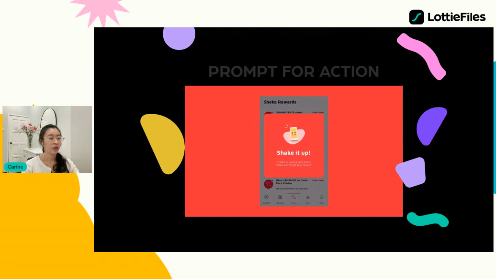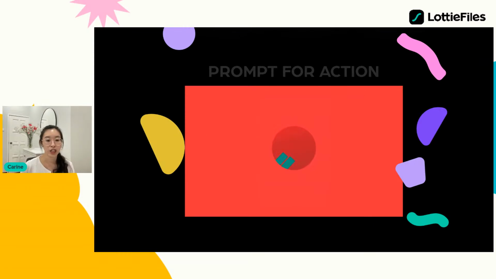One of these examples here is their signature shake animation, which shows up after their payment. So what Boost has here is whenever you